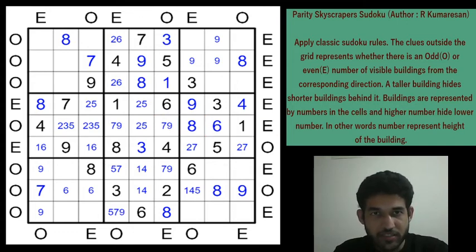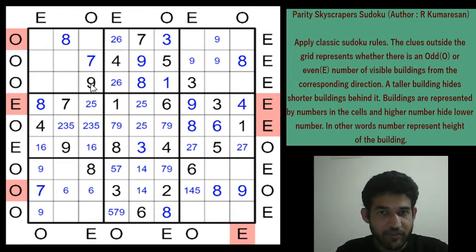So what we'll do, since this Sudoku seems to be tougher, is highlight clues which are not giving us any more information. For example, this clue we have already utilized, so it is not giving us any information, and this is also done, right? 4 and 9, two buildings we are seeing, so this is also done. And this clue is also done, because regardless of whatever digit comes here, it is not going to give us any information. And this is done, 7, 8 and 9. This is also done. And this is also done, right? Because regardless of whether 9 goes in front or behind, this is not giving us any information.